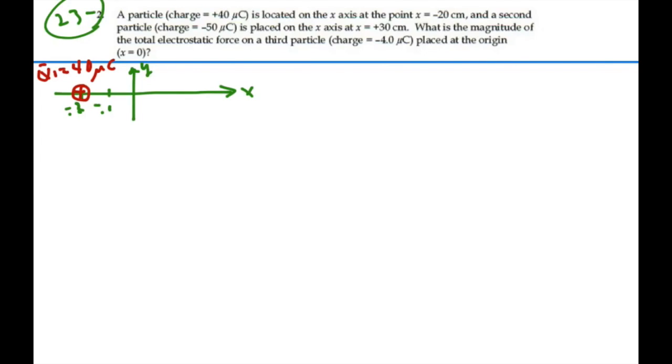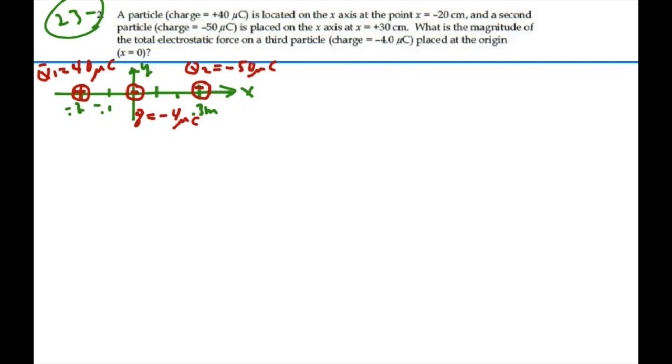Then we have a second particle, minus 50 microcoulombs, located on the x-axis at plus 30 centimeters. That's going to be at 0.3 meters. And that's a minus 50 microcoulombs, so that'll be our Q2. Then we have a third charge at the origin, also negative, and that charge, little q, is minus 4